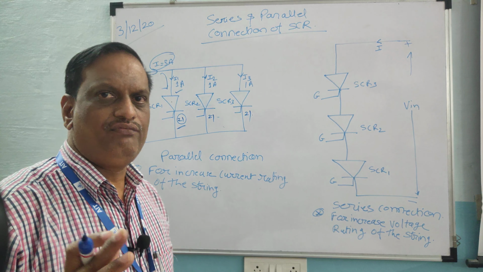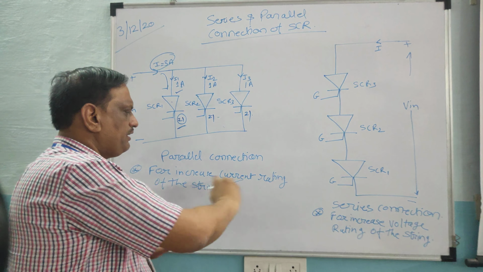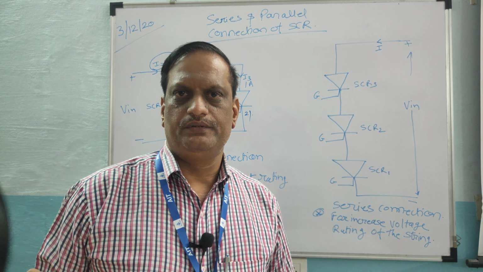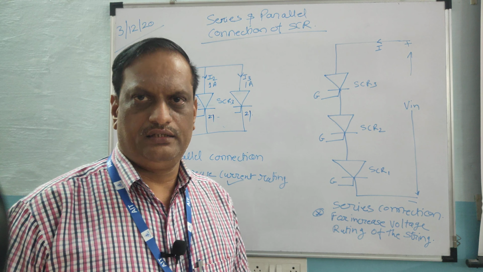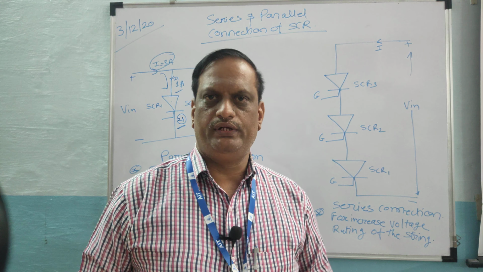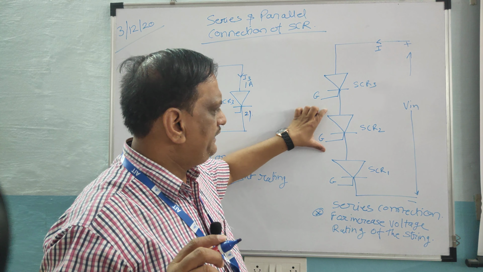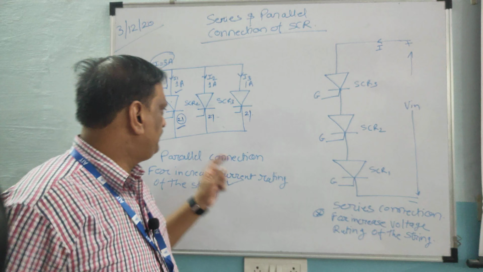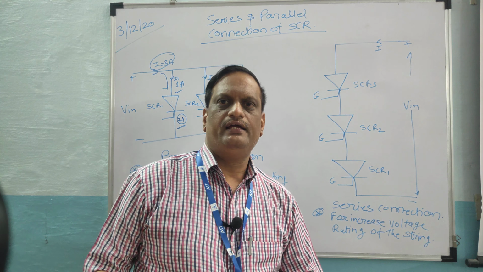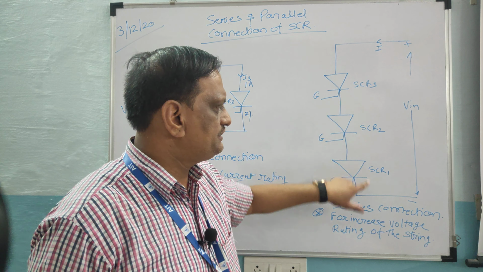So that is the meaning of connecting the SCRs in parallel for increasing the current rating of the devices. Now the second part is the voltage rating. When we connect the SCRs in series, we want to increase the voltage rating of the string. So when we want to increase the voltage rating, three SCRs are connected. The same concept applies here: the rating of the three devices should be exactly equal. That's why, when we connect the same devices in series, the voltages will be equal.